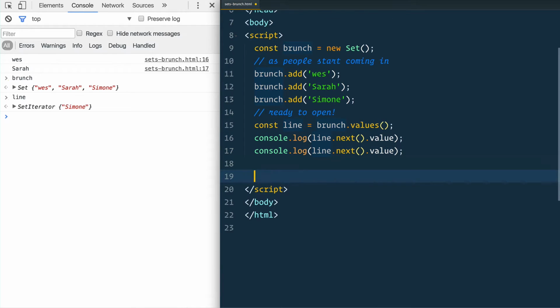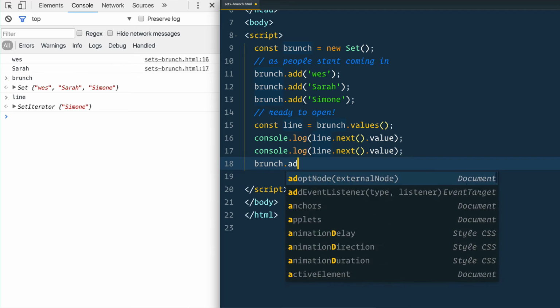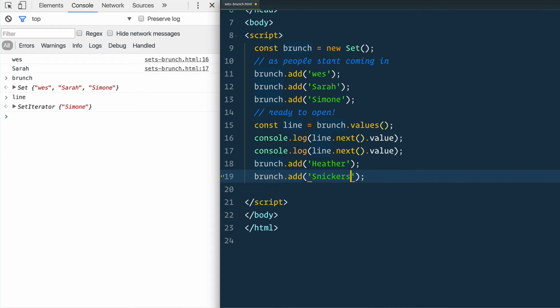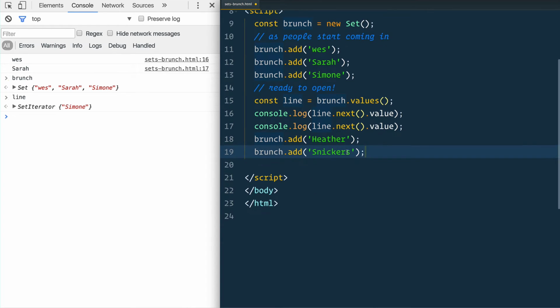But then people start showing up. So we've seeded our first couple customers and people are showing up. So we can just start adding them to the initial set. So we'll say brunch.add. And notice how we're not adding them to the line. We're adding them to the initial set here. So maybe Heather shows up, and then maybe Snickers the dog shows up for brunch, and we can just keep